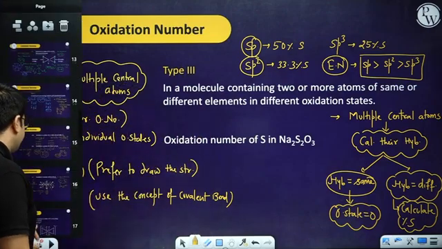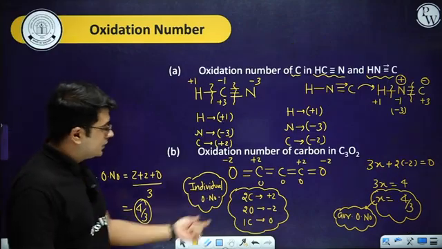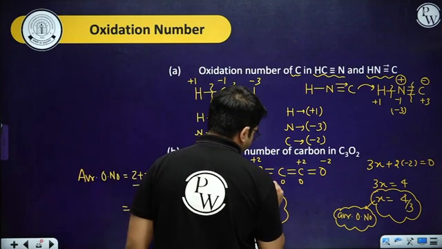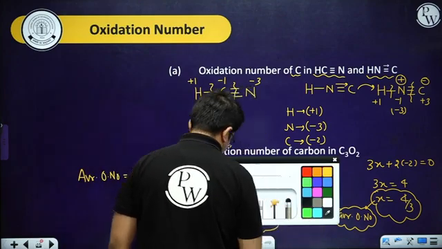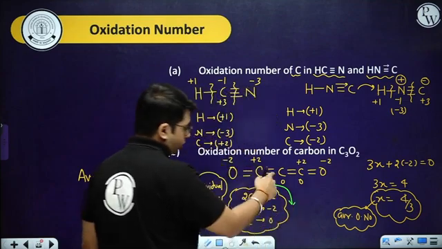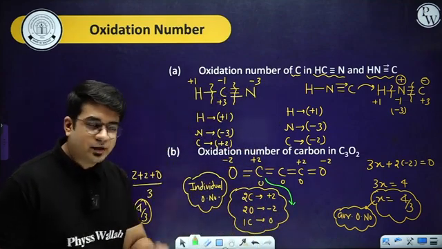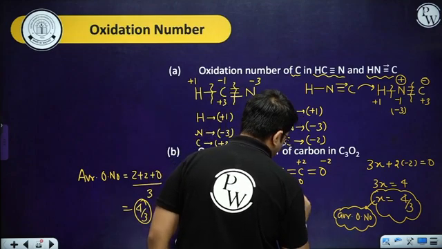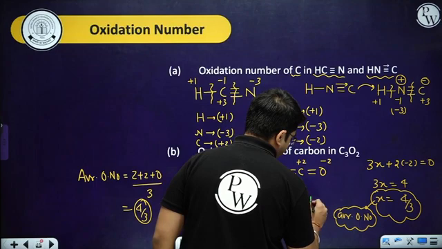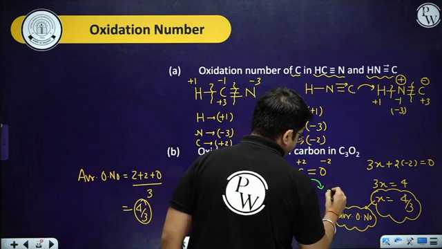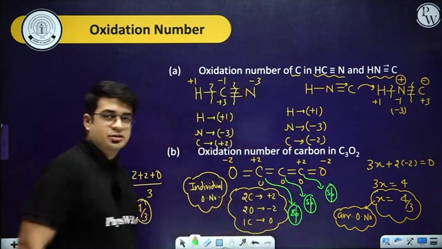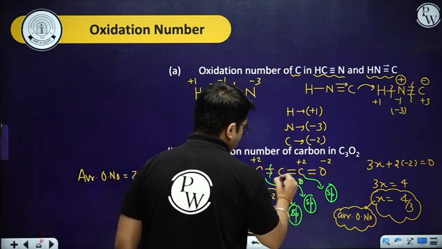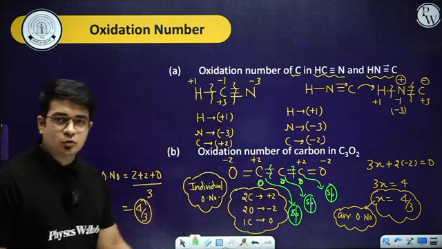So first part, why have we considered these two parts as 0, 0, 0 with respect to each other? Because if I want to calculate the hybridization in this case, 2 sigma bonds, no lone pair, pi bonds don't count. So steric number is 2, means sp. This central carbon is again sp, the next central carbon is again sp. Each hybridization is the same. It means individual charges will be 0 with respect to each other. If you remove their bond, that will be 0 only.